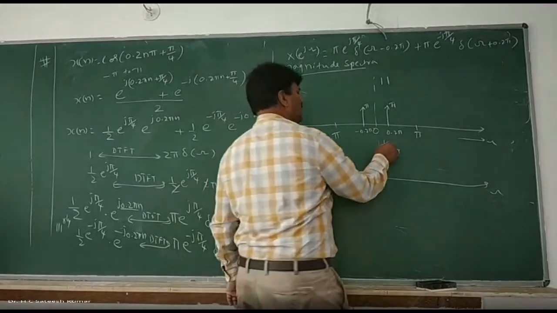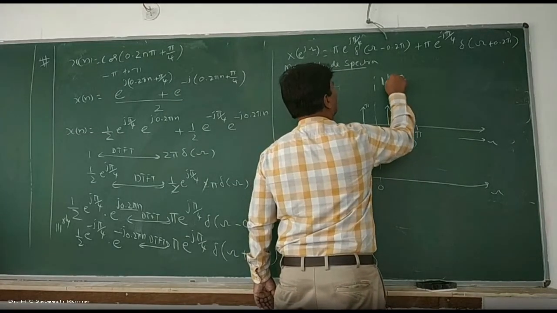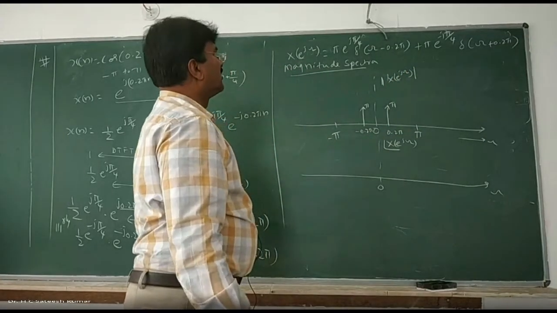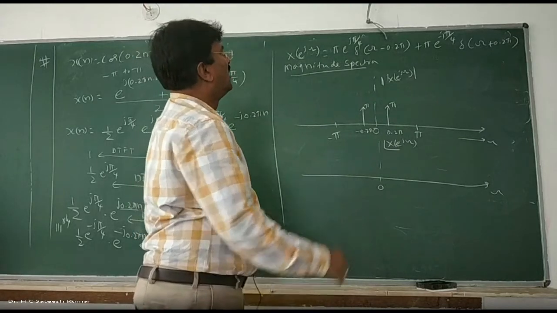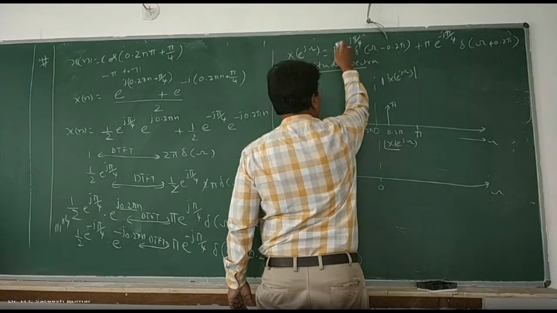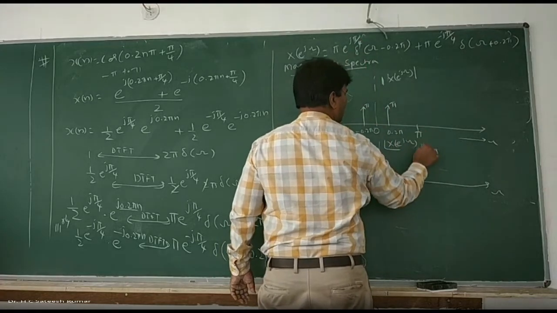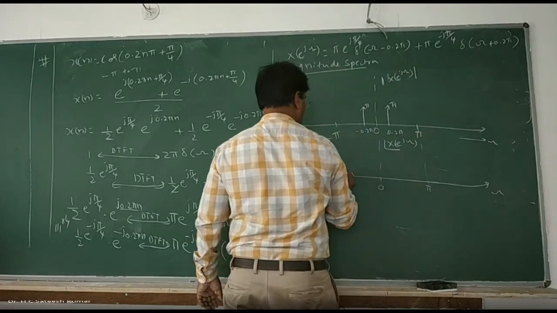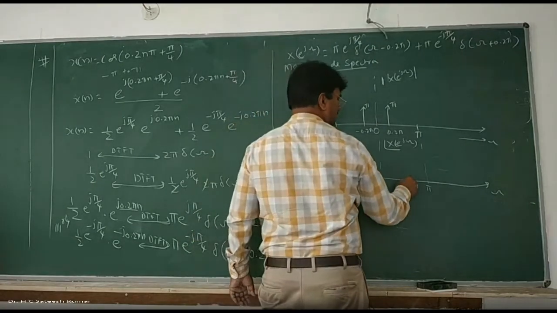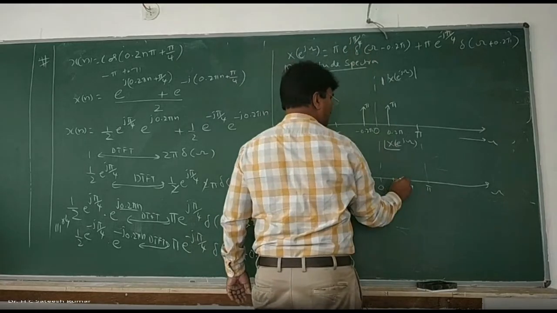You can write it in detail as the phase angle of x of e to the power of j omega. Okay, right. So where will you get? At 0.2 pi, see, this is of the form r into e to the power of j theta. Pi is the magnitude, theta is the angle. Angle is what? Pi by 4. So between minus pi and plus pi we have one at pi by 4. This is pi, this is pi by 2, pi by 4 is somewhere here.